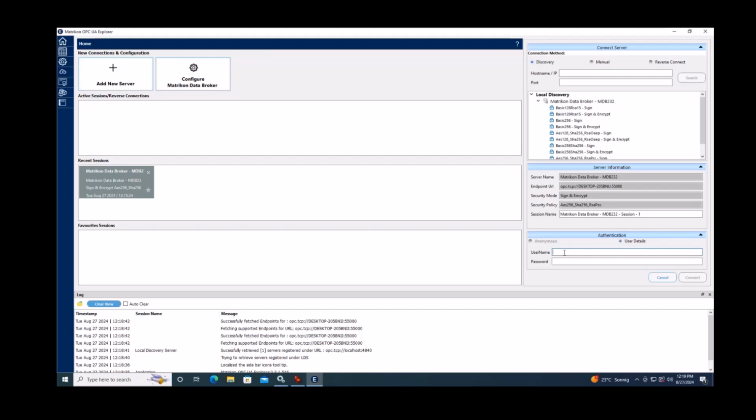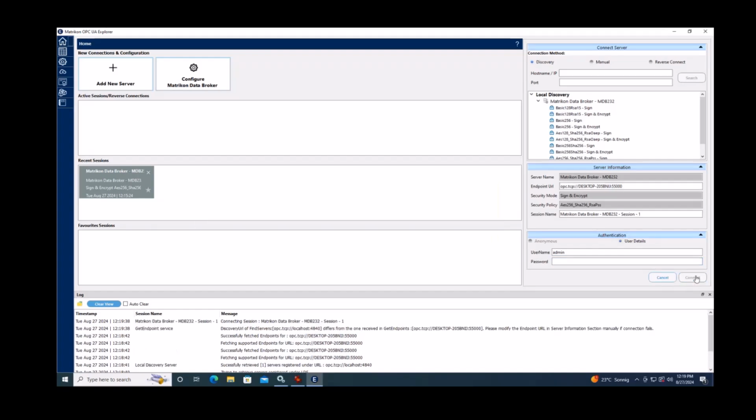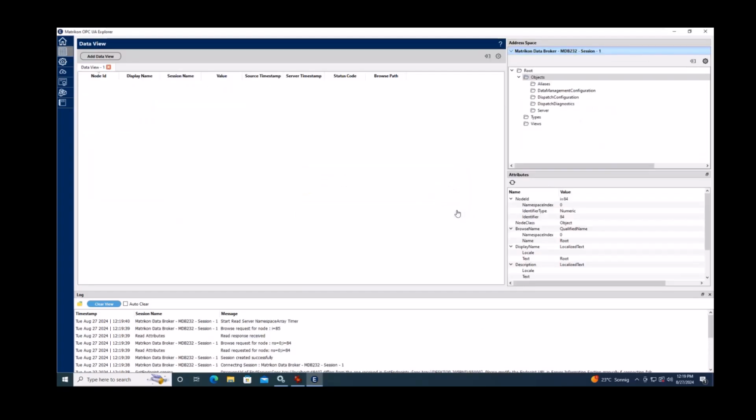But for now, I just want to point out here that we are going to connect with the admin user first. By default, there's no password for the admin user, so we can just connect. It's only the username. So now once connected,